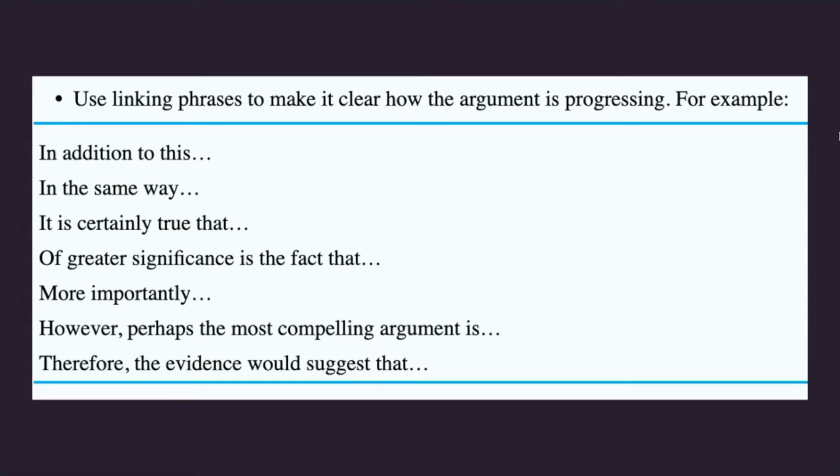But remember, a persuasive or argumentative essay is meant to be a little bit closer to the kind of thing that you would see in an RUAE paper, like a newspaper-style article. So think about how they transition between their paragraphs. Things like the selections on the screen here. In addition to this, in the same way, it's certainly true that of greater significance is the fact that, more importantly, however, perhaps the most compelling argument is, therefore, evidence would suggest that, try and find out a different way